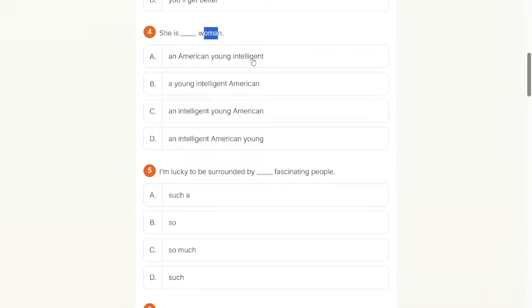I don't remember how it's called. There is some abbreviation. Origin, size, opinion.